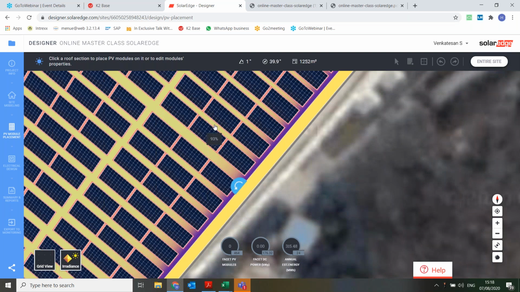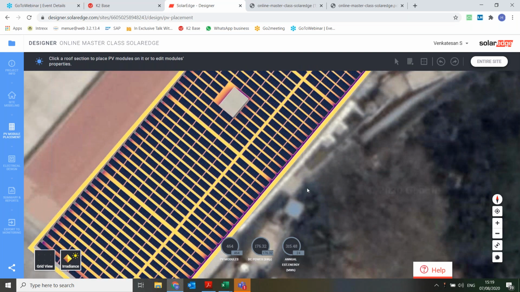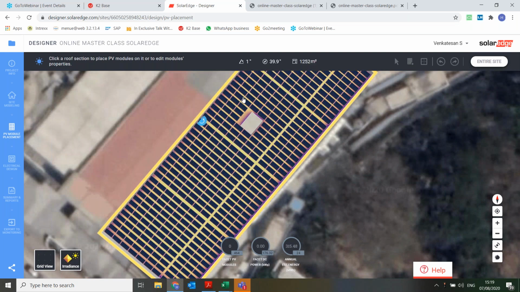Here almost 93% of the irradiation is coming into this area, and the dark purple color is the area where you get some shadow. This shadow is coming mainly because of the parapet wall. Here you can see 82% is the irradiance level. Let me zoom out, and then you can see the shadow object that has been created.